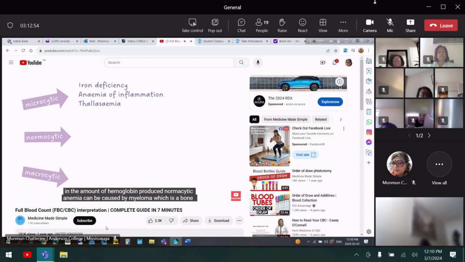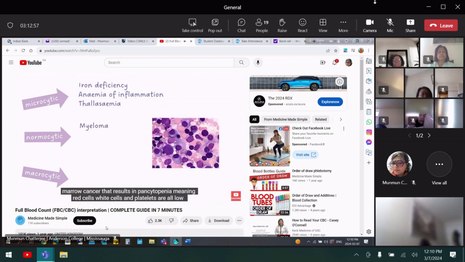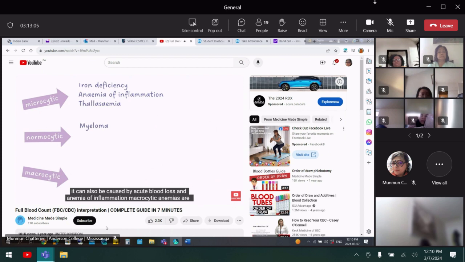Normocytic anemia can be caused by myeloma, which is a bone marrow cancer that results in pancytopenia, meaning red cells, white cells, and platelets are all low. It can also be caused by acute blood loss and anemia of inflammation. Macrocytic anemias are linked with B12 and folate deficiency. Hemolysis, which is the degradation of red blood cells,